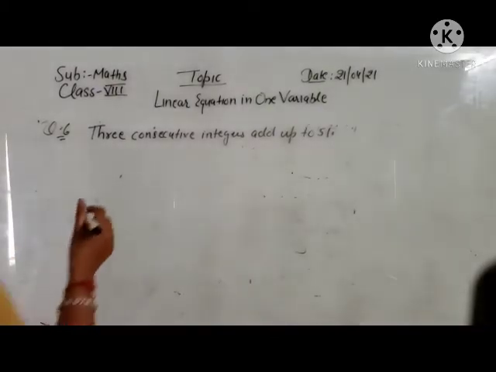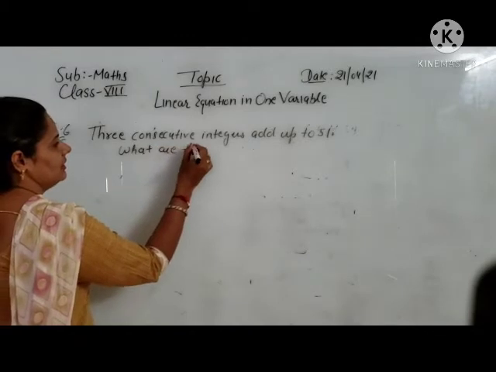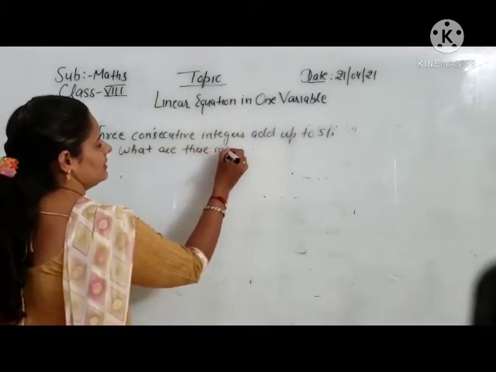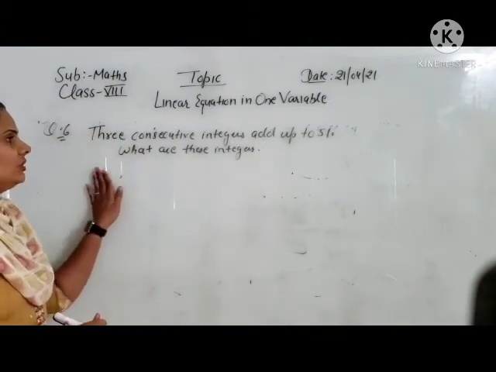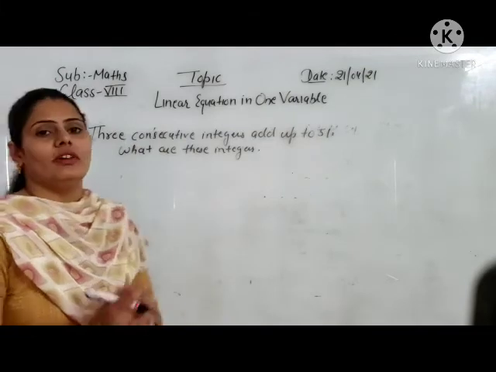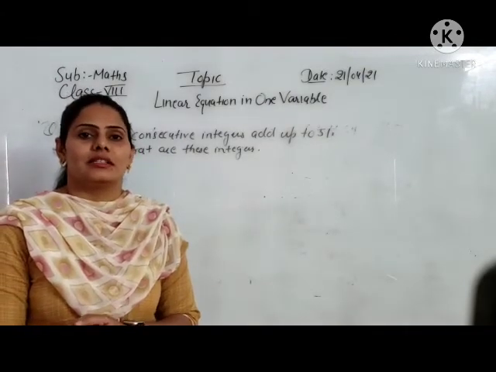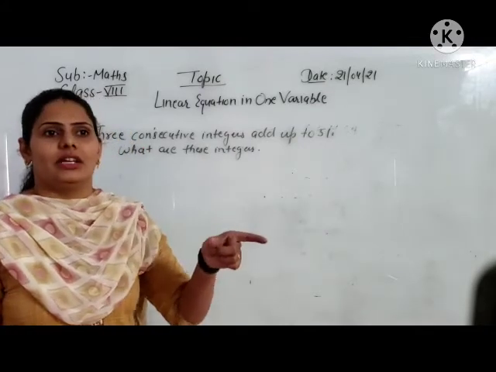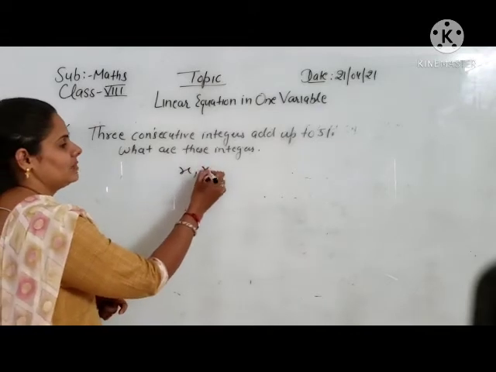So what are these integers? What is given, beta? 3 consecutive integers adding to 51 is given. So what are these integers? So consecutive, what is the meaning of consecutive? Consecutive means lagatar, one after another. Okay, so the first number you can assume x, the second number will be x plus 1,